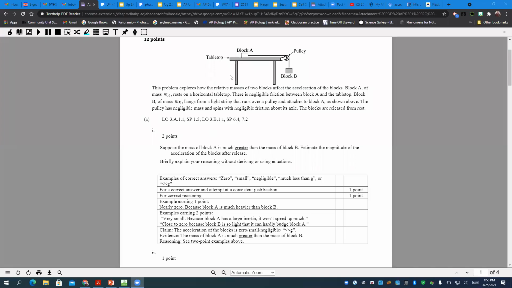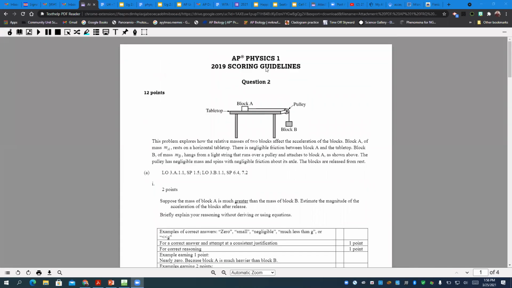Okay, it's recording. So here is our FRQ. It's 2019 question 2. And we're just going to talk about parts A, B, and C. You can read through the other parts and I'm happy to answer questions on it. But for part A1,